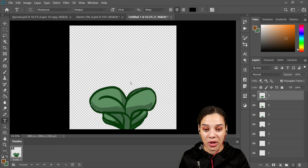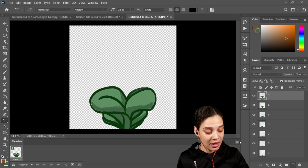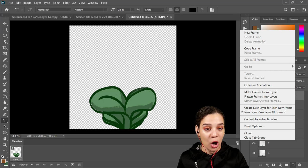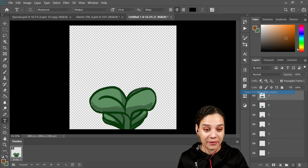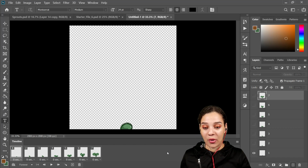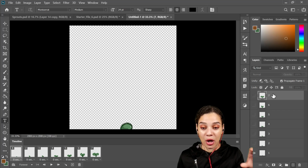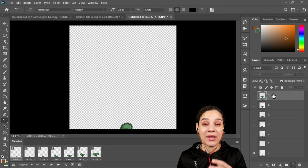That's basically what you can see on my canvas, which is not what I want. So I'm going to go ahead and click this little thing. You can see it right above my shoulder here, this little hamburger menu. I'm going to open that, and I'm going to say make frames from layers. And as you can see, what that has done is it has made a frame in order from bottom to top in a row of all of the layers that I have in my file,